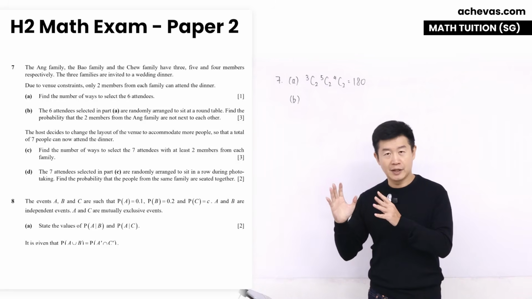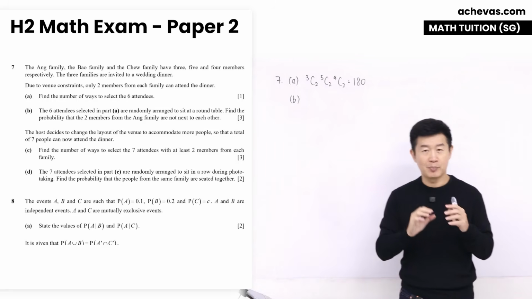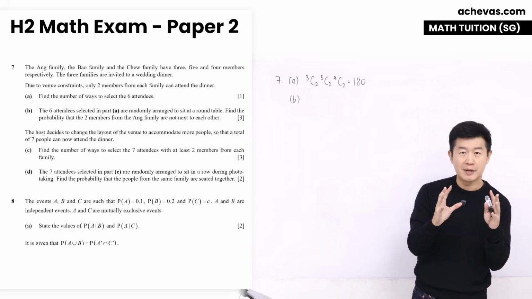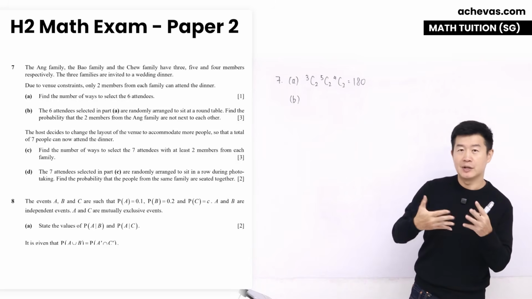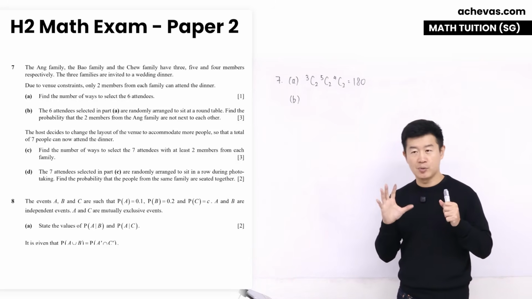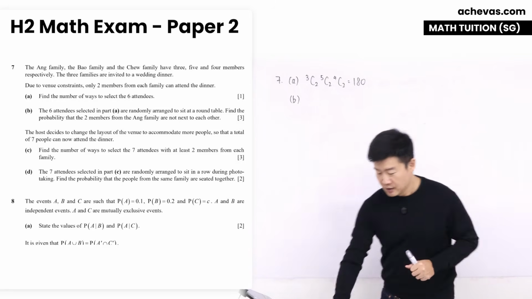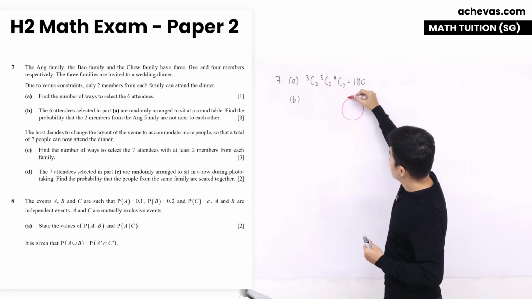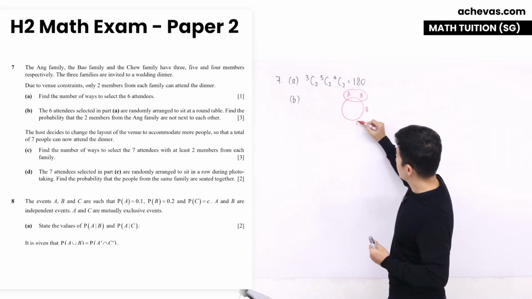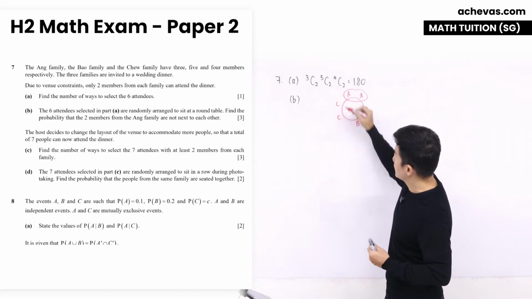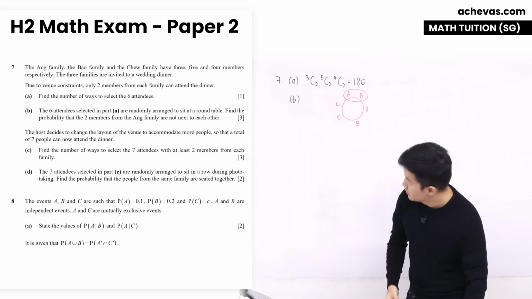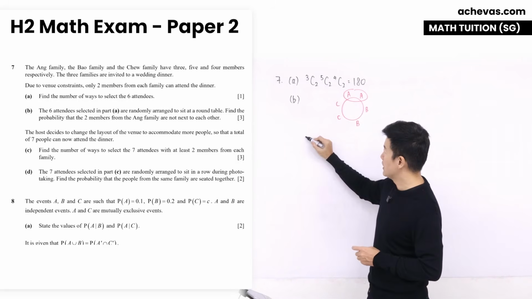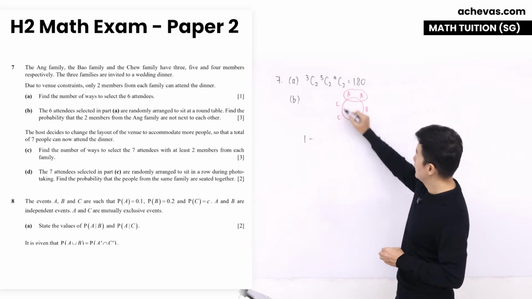Since if I were to take 1 minus the probability where just the 2 members of the Ang family are together, that will already make sure that we are working on the probability of them being apart. So it is going to be 1 minus this scenario. The Ang family together, and for the rest, 2 from Bao, 2 from Chu, they can be sitting anywhere. So the probability will be 1 minus